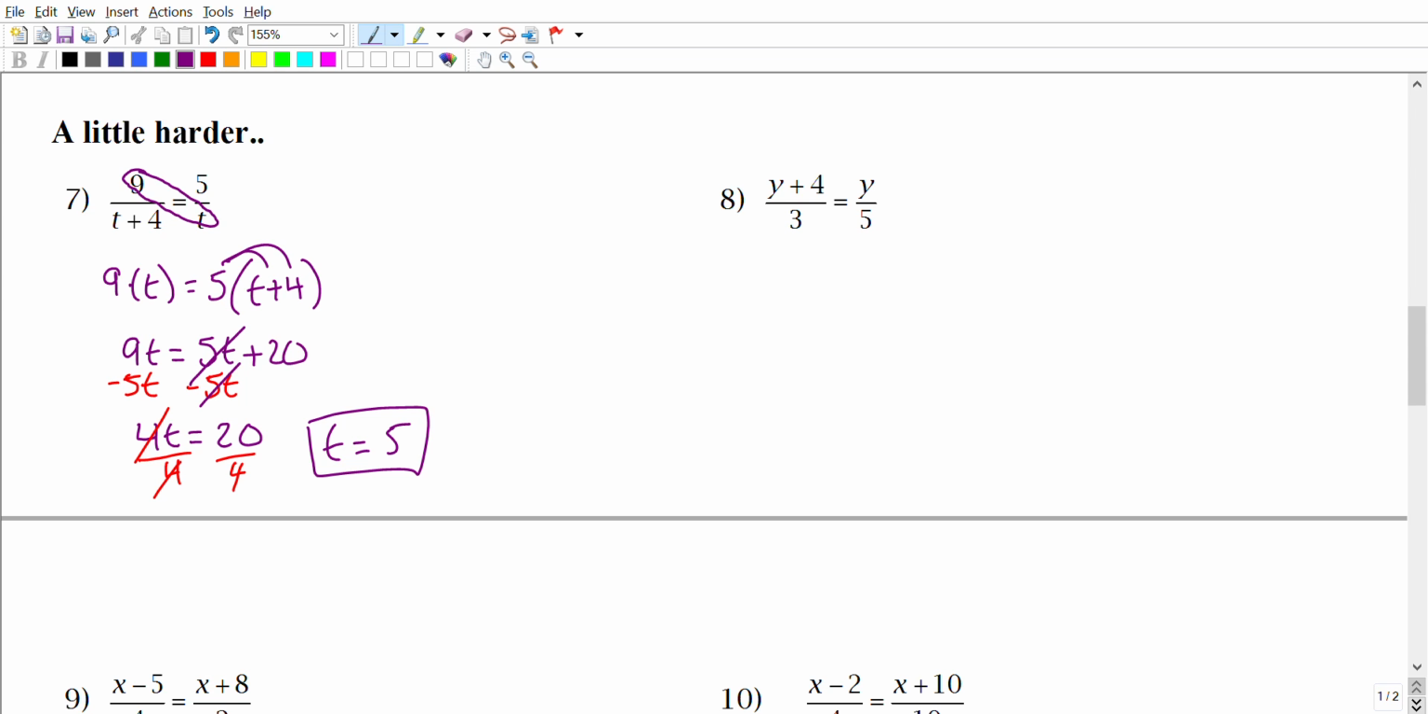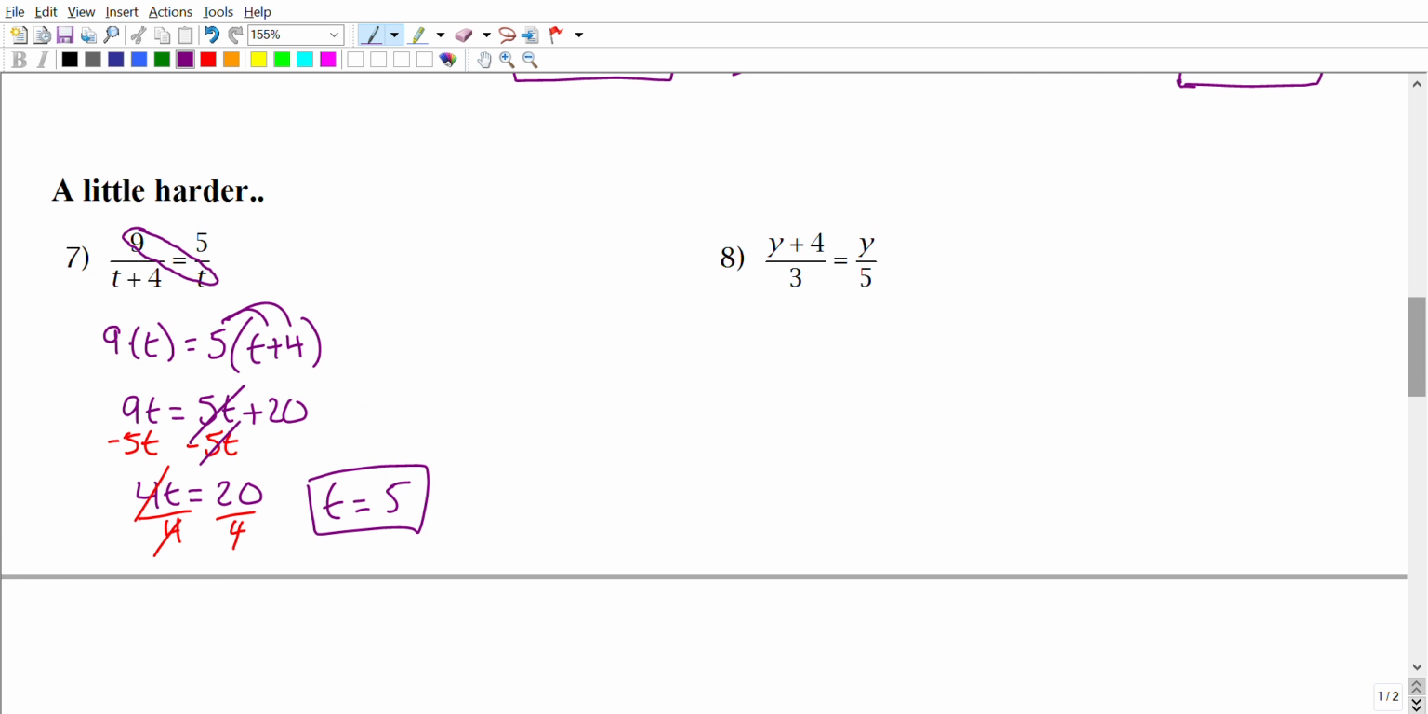All right, and again, if you want to double check your answer, you can always substitute that back into your original proportion. Okay, good. So let's go ahead and take a quick look at number 8, and then I'm going to have you guys try out a few on your own. So number 8 says